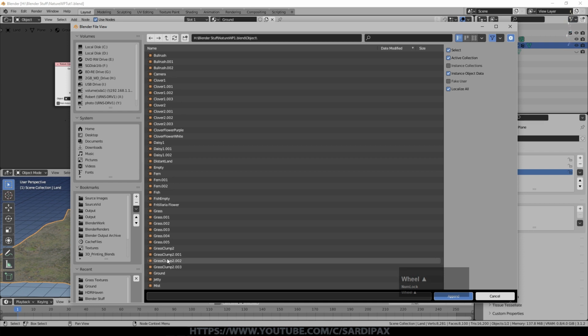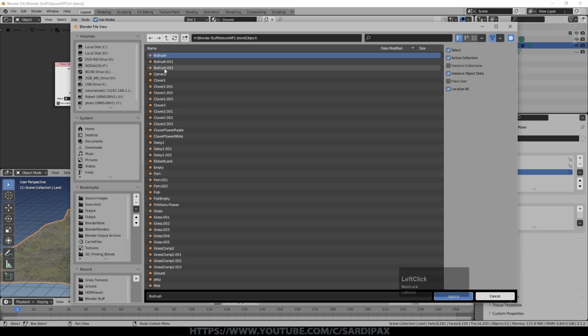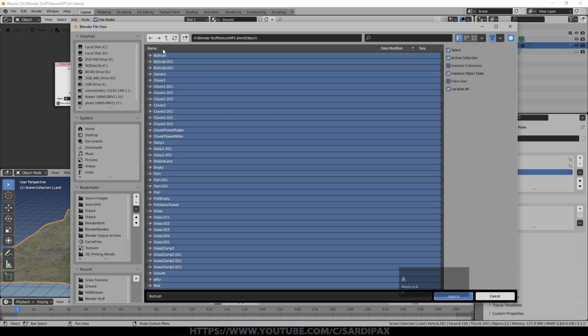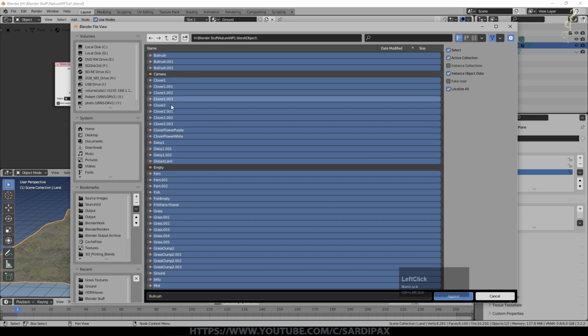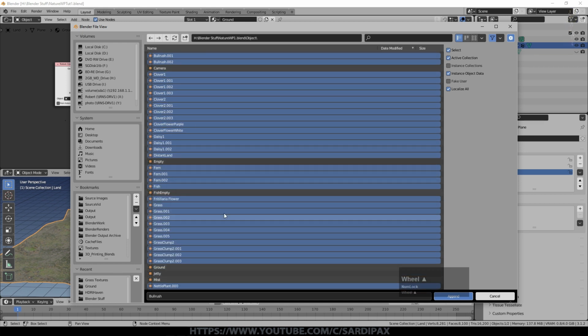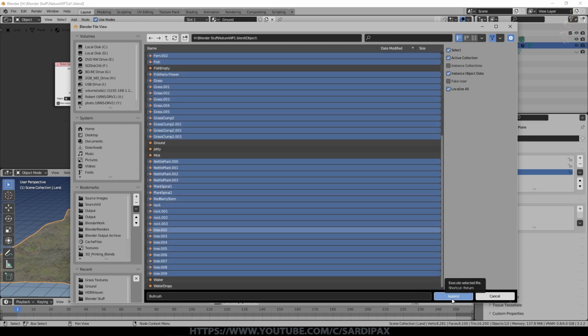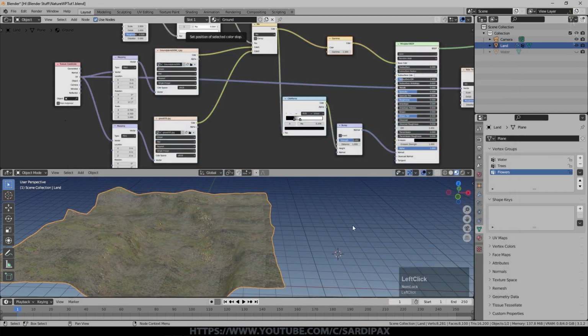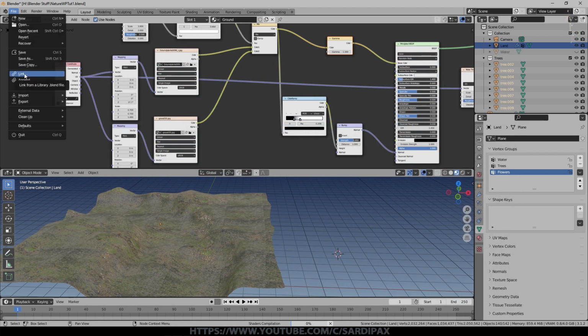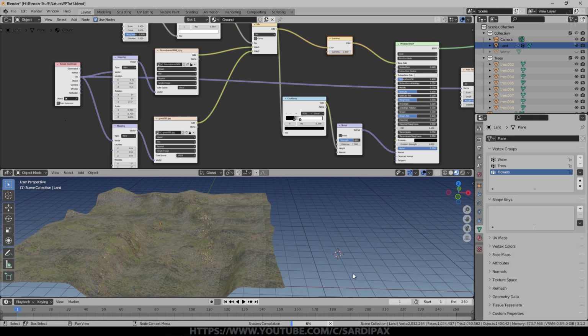I don't want the planes themselves, but I do want all the assets. So we'll select all of those. In fact, I'm going to select everything and then just go through and deselect the things that I don't want, because there's quite a few that won't be necessary. So everything I've selected is basically the assets that I created for the other scene, the assets for which I wanted multiple instances. So I'll just click Append. You can link instead of appending, and that means if you modify the objects, they will appear modified in both the original blend file and the new one. By appending, you're effectively making copies.